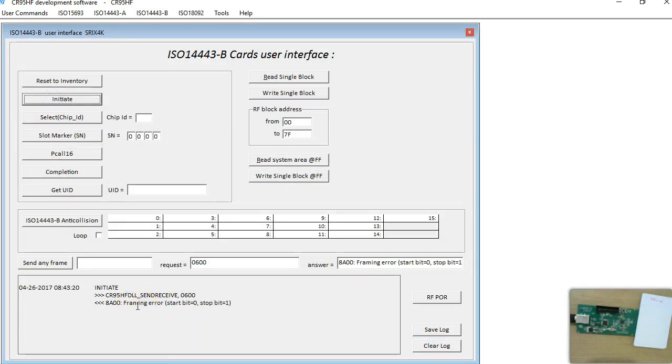Oh yeah, this is something interesting. It says the framing error. I've never seen this error before. Not very sure whether... let's try. Okay, now the first thing we have to do is initiate a pcall. So the pcall